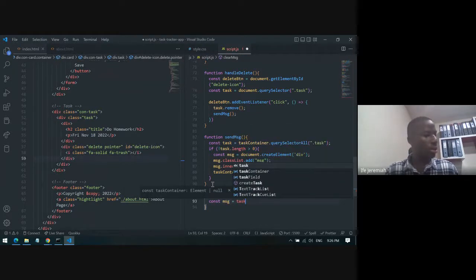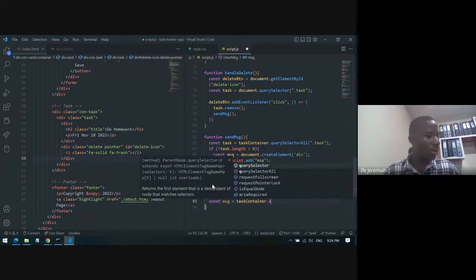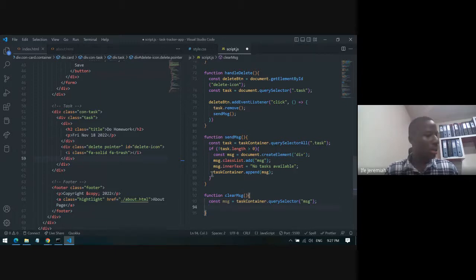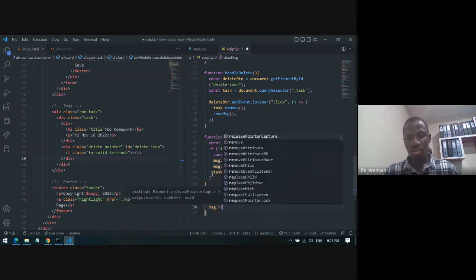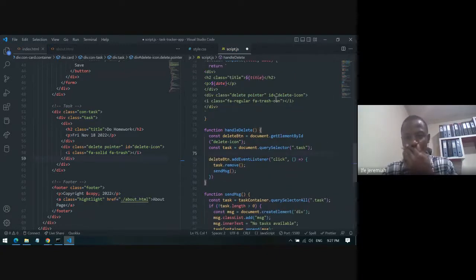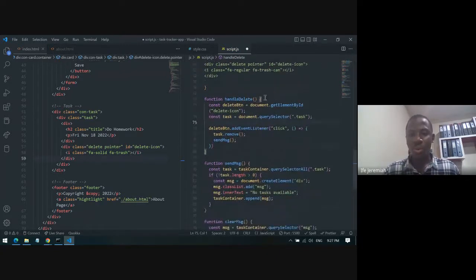MSG container, connector and MSG. That's true. Right. Let me go over it real quick. So handle delete. This is going to